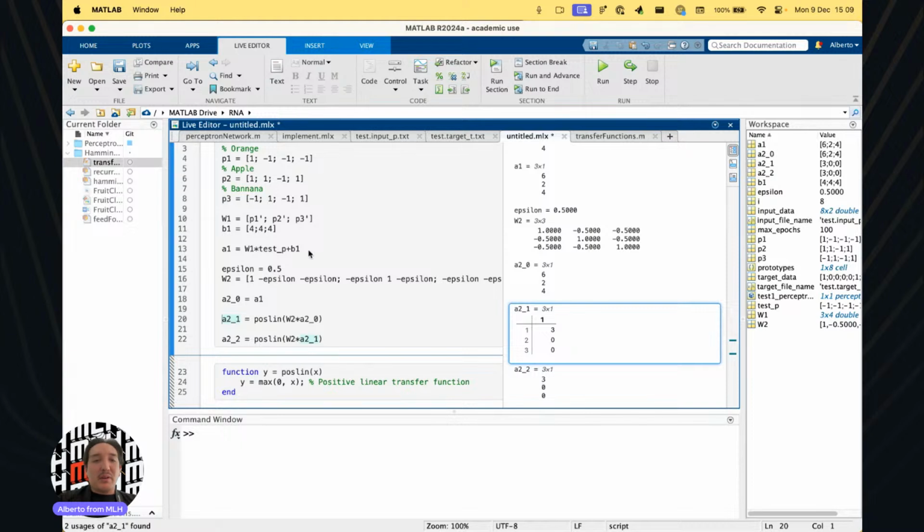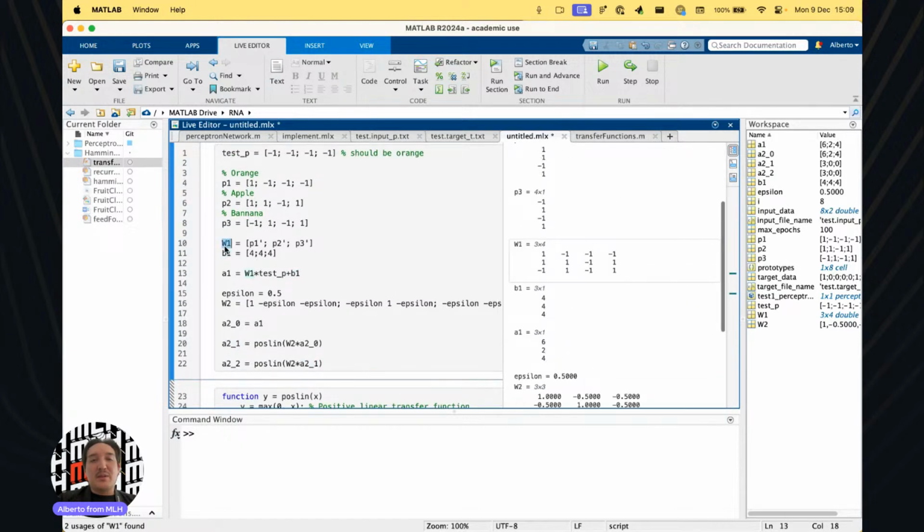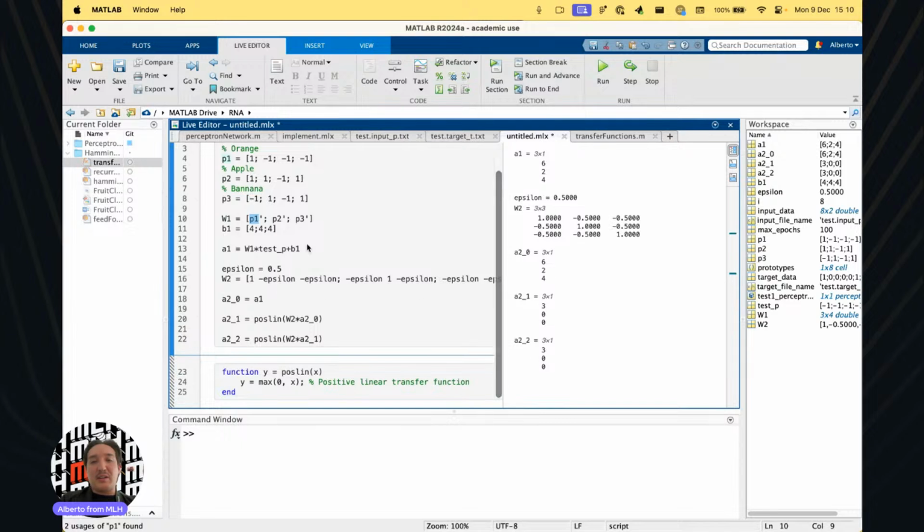So remember that we define our first layer weight matrix as the transpose vector of the prototypes. So P1 will be the first position here, meaning that the non-zero value here, in this case is 3, but non-zero means that it can be 2, it can be 1, it can be 100, it can be whatever, just